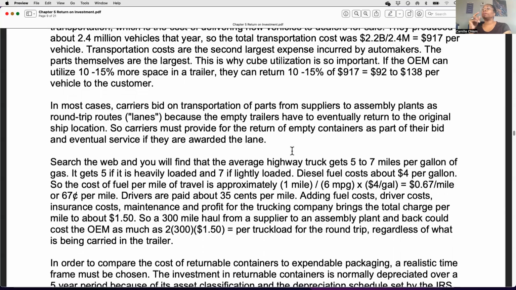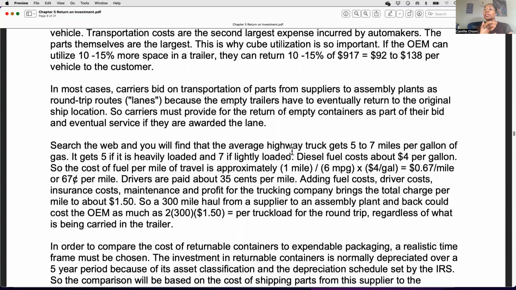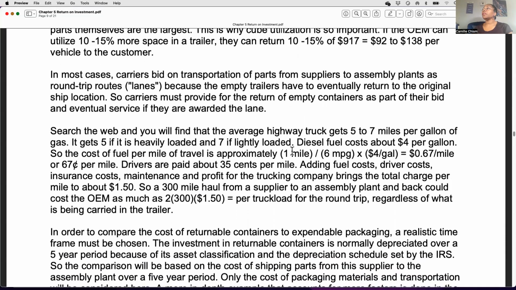So this talked about how the trucking companies, or the carriers, when they do quotes, if they know the returnables are being used, they'll put in their quote a cost for returning those containers, because there is a cost associated with that. You can take the cost of the transportation, the cost of the driver, the time the driver might need to do some loading or unloading. All those things go into the cost that they normally wouldn't have had in there, so they will assign that to the returnables. Okay, this is saying